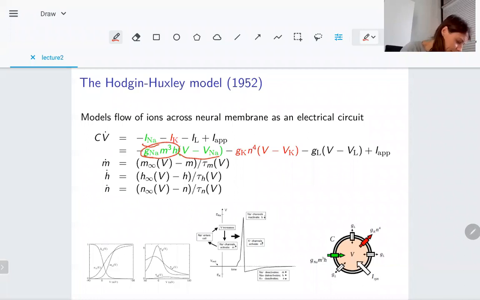And basically what happens is that typically a neuron, when it is at the resting state, these sodium and potassium channels are closed, and we only have a leak term, which is here. But then if due to a brief perturbation, this causes the opening of sodium channels, then,